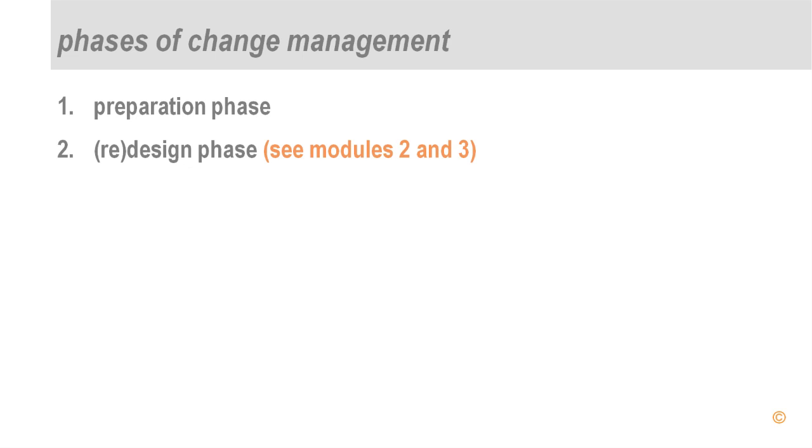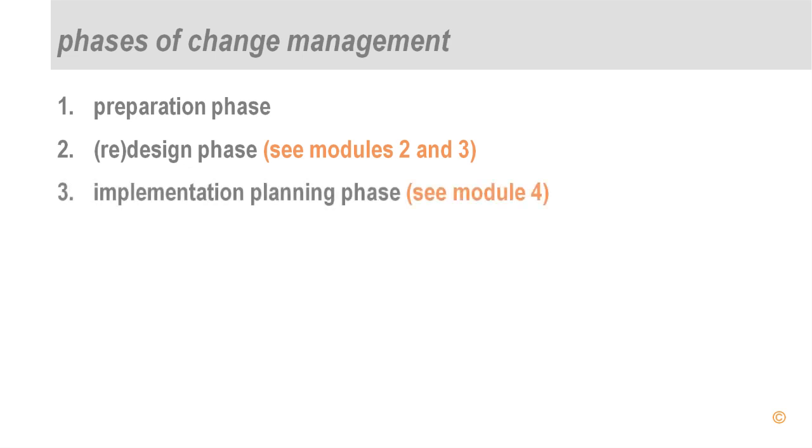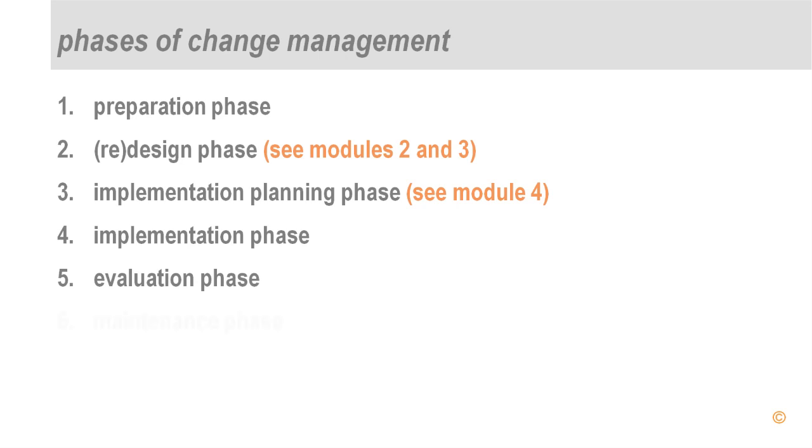We discussed the different subphases involved in Module 2, like the current system analysis, problem analysis, brainstorming, setting up a design notebook. And then in Module 3, we discussed the actual ideal design. Module 4 dealt with implementation planning. So here we are going to discuss how to manage implementation planning. And then we also make some comments on managing the implementation phase and evaluation phase and the maintenance of the